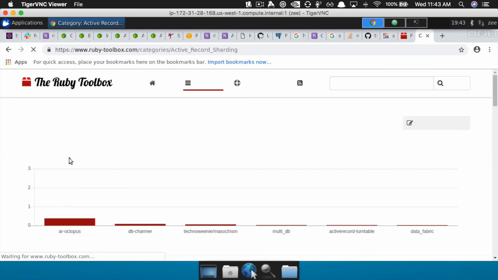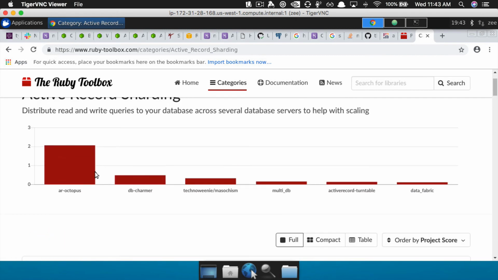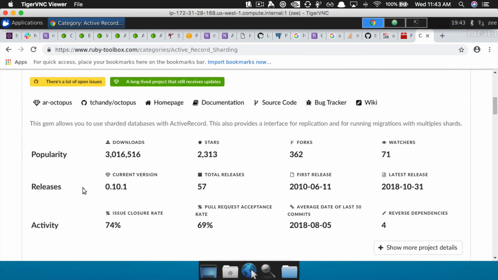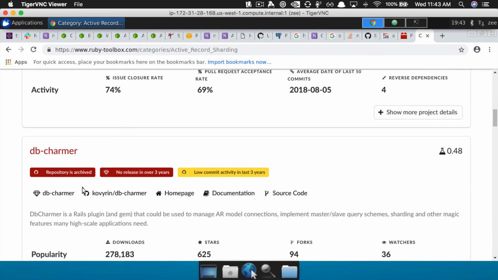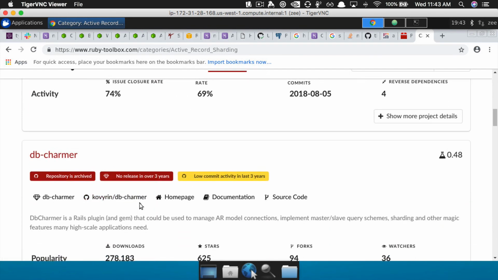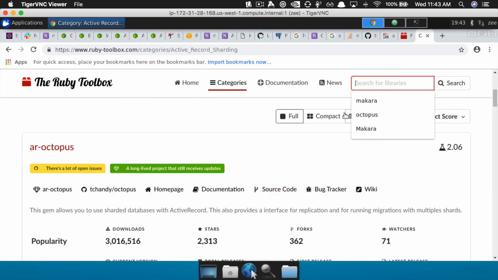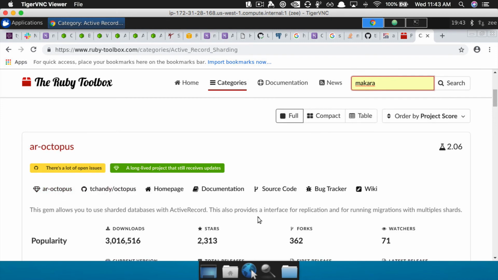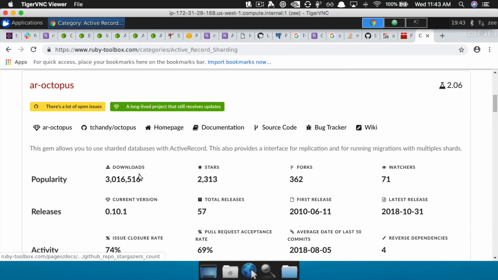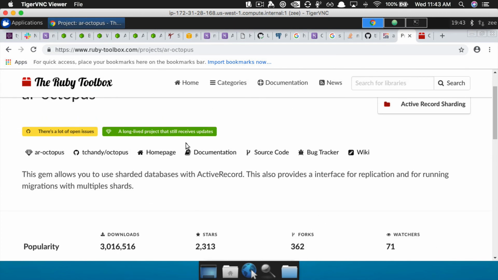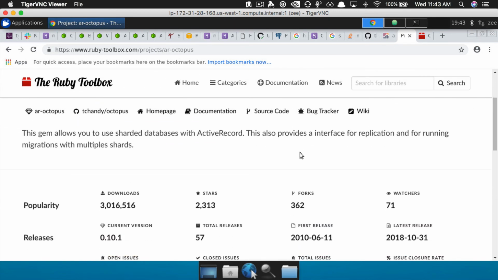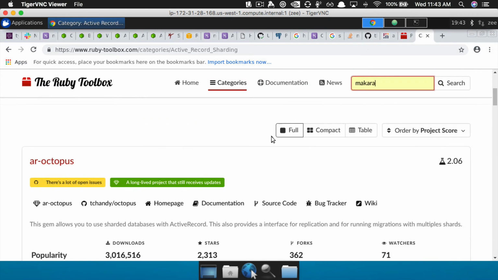But I think the helpful thing here is figuring out if setting up a read replica will fix Notably's problems. Yeah. And then if it will fix Notably's problems, then the question is, how do I do this in a not cost prohibitive way? Okay, so Octopus has a bunch of stars and forks, and we've got that open here. 3 million downloads. Yeah. Okay. However,